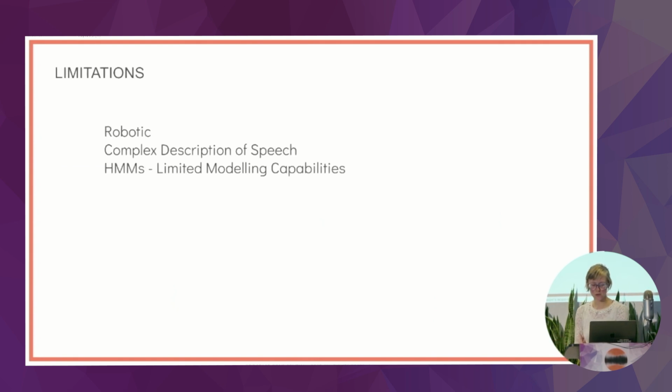So these also have, like I say, limitations as far as being robotic goes. We saw that with the smooth response in the spectrogram when we put it back through the vocoder. They're pretty complex, human-centric descriptions of speech. This is all humans asking, if we wanted to recreate this exact sound, what information do we need to do so? Like fundamental frequency, band aperiodicity, which I didn't really talk about, but that's